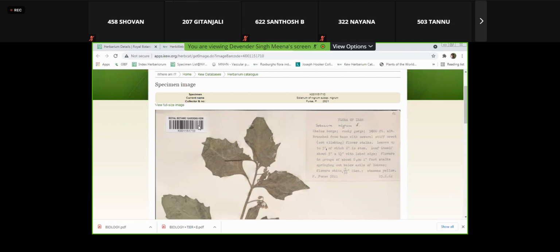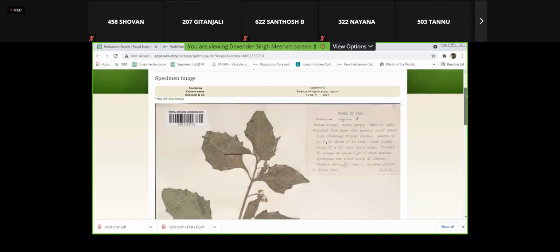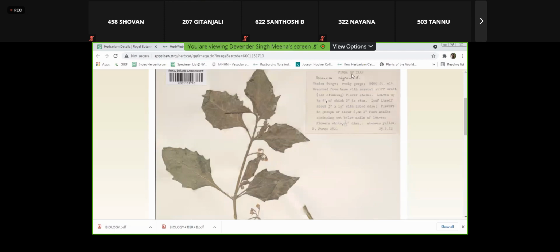Then they will enter that detail in their database, and they'll find out where this specimen is actually placed, so in this way the collection is easy for them. So you can see this specimen, and there is a label that it is from Flora of Iran,